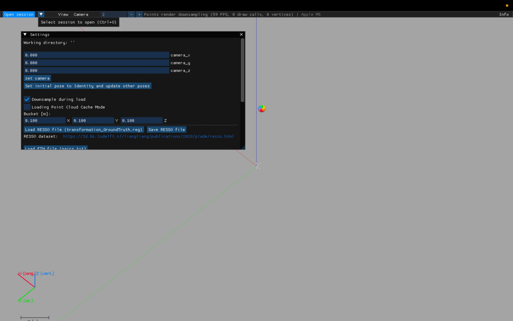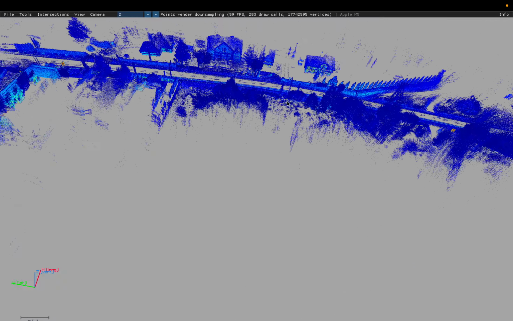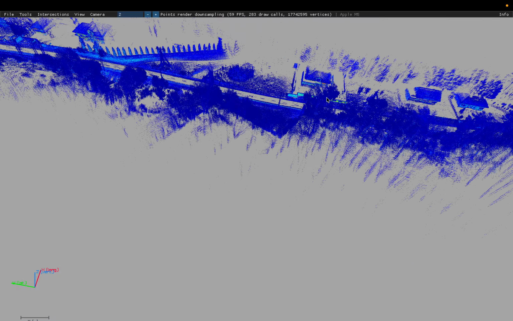Give it a little while to load. And we have data. Okay, that is a little data set. So next step, we'll make our trajectory look a little bigger, and let's import